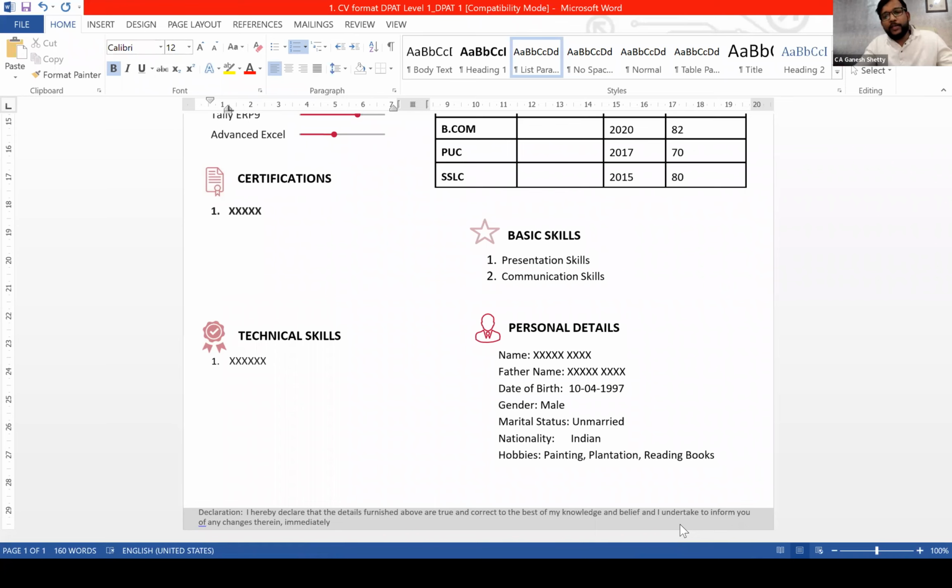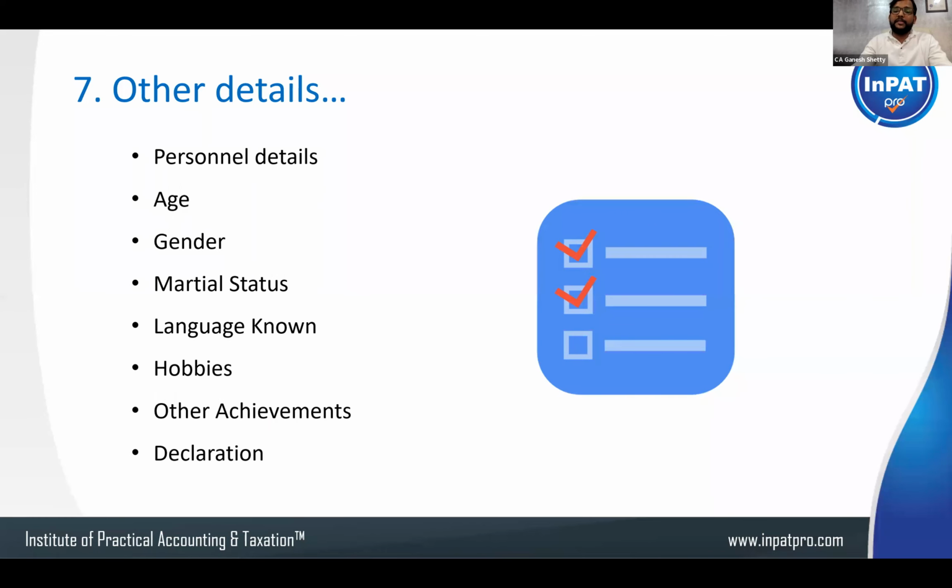But if you feel you have time to sign, and you have time to add the date, then you can keep this space for it. In a one-page CV, I think it's very difficult to add a signature space. Please be careful. Clear? I think this is the basic CV content.